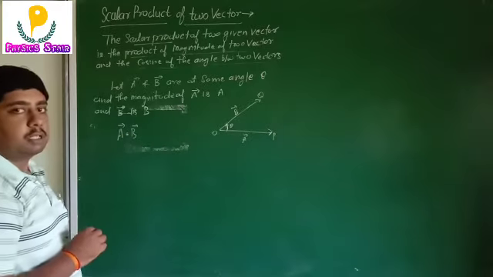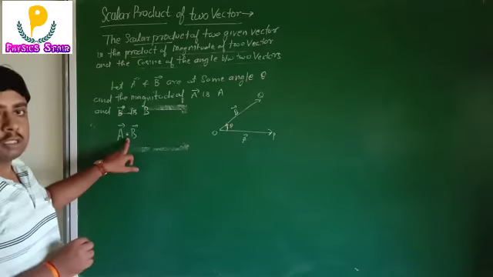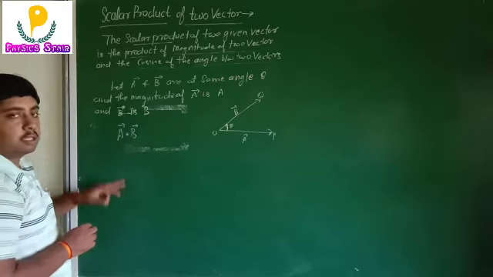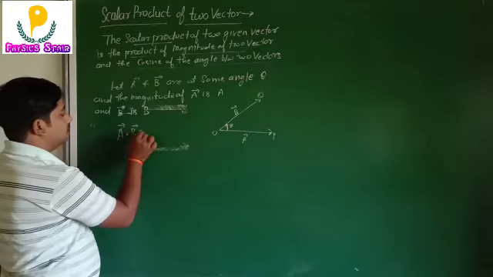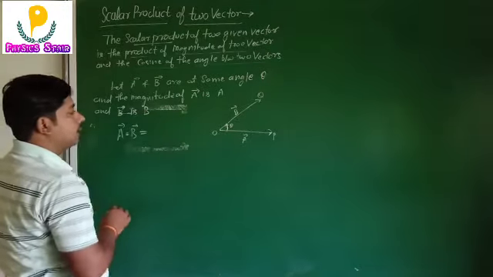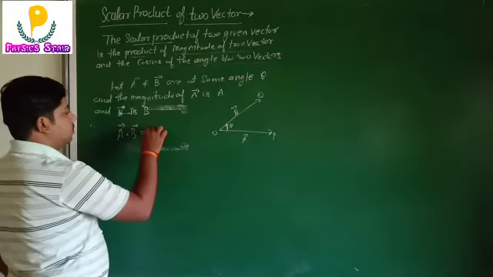Here this scalar product we have represented with the dot, so it is also called the dot product of the two vectors, and this is defined as the magnitude